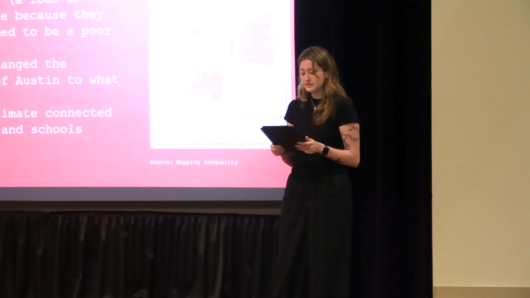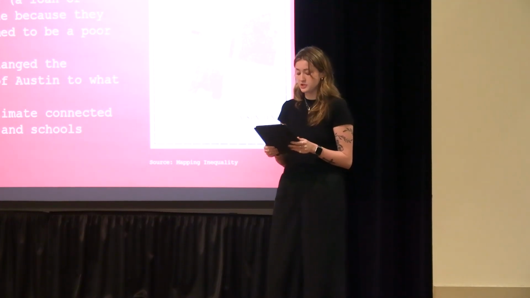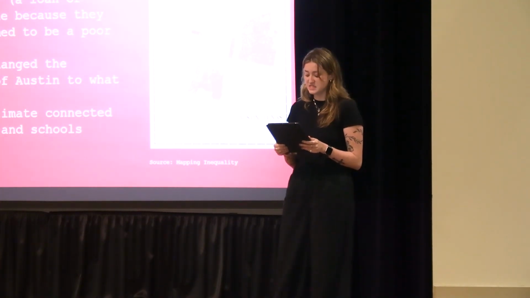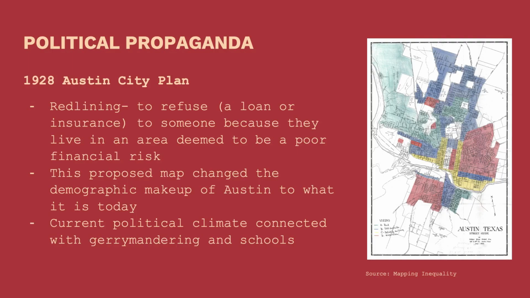The 1928 Austin City Plan is a really clear example of how maps can be used as tools of power. Through redlining, the city deliberately pushed minority and lower income communities into specific areas, often less desirable or even hazardous ones. Here I have a map, through Mapping Inequality, that shows what areas prior to the new city plan were classified as. So this green, you can see it's kind of light, but all of this up here, green is deemed best, blue is deemed still desirable, yellow is definitely declining, and red is hazardous.